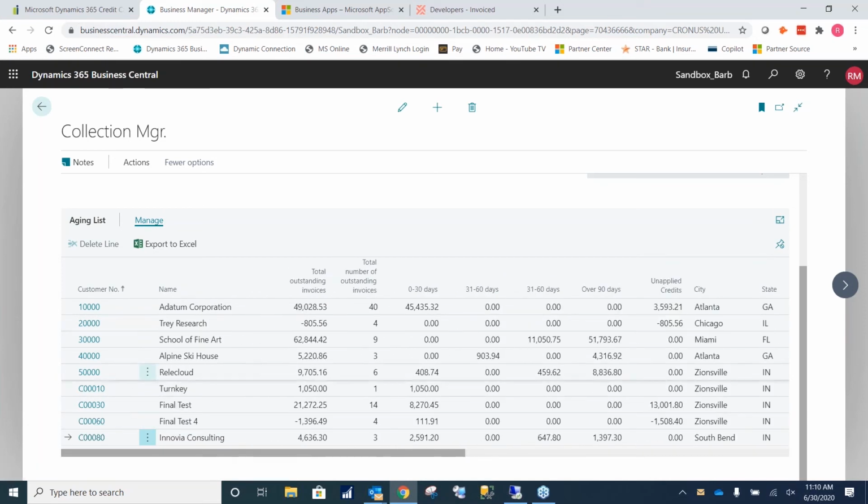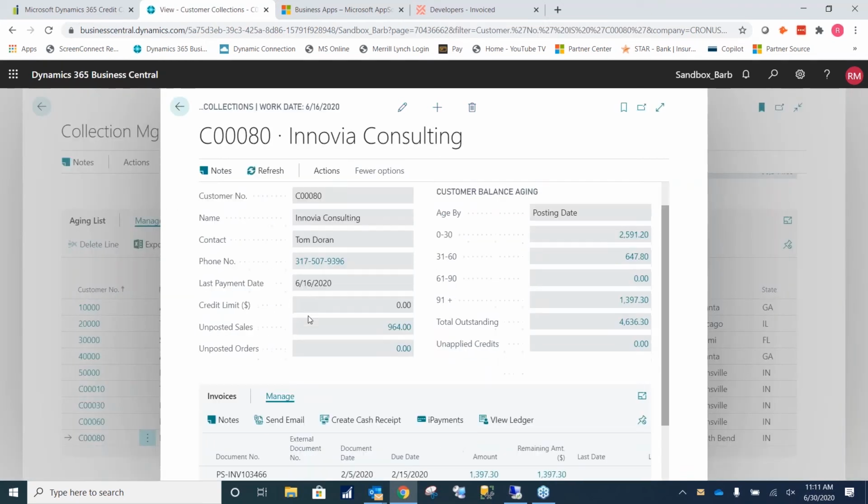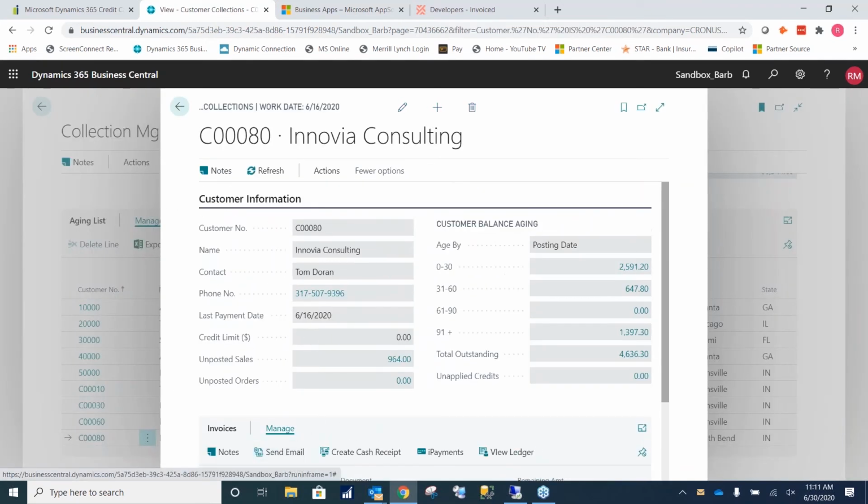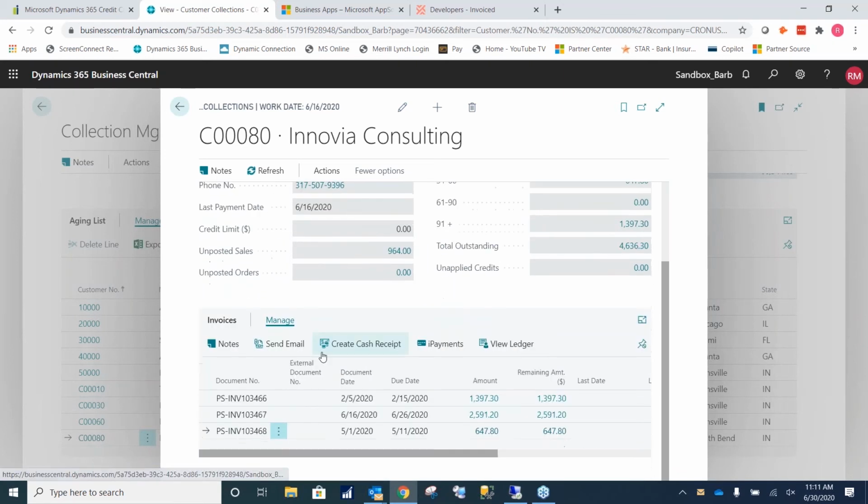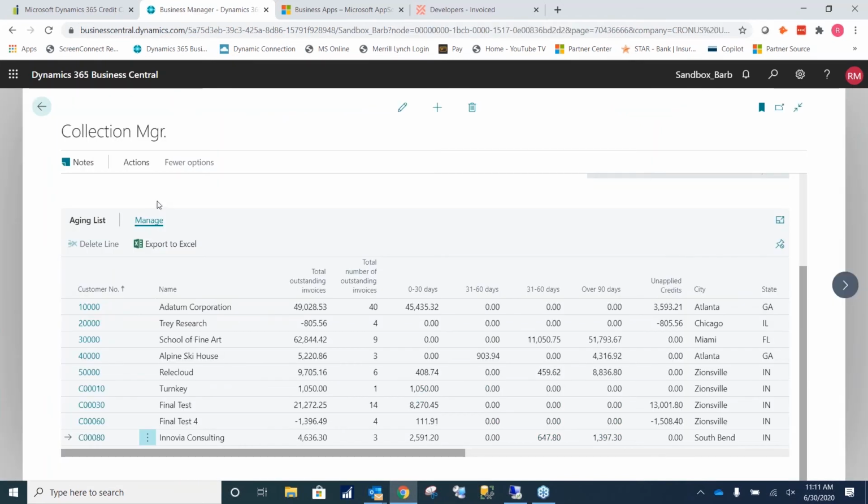So within this grid, if you sorted and sifted it, and you're like, gosh, I really want to focus in on Innovia Consulting, you would simply hit Innovia Consulting, the customer number, and it's going to take you back to the collections window that I was in just a couple minutes ago. And then from there, you can take your notes, send your emails, and do whatever you need to do. So that really covers our collections module